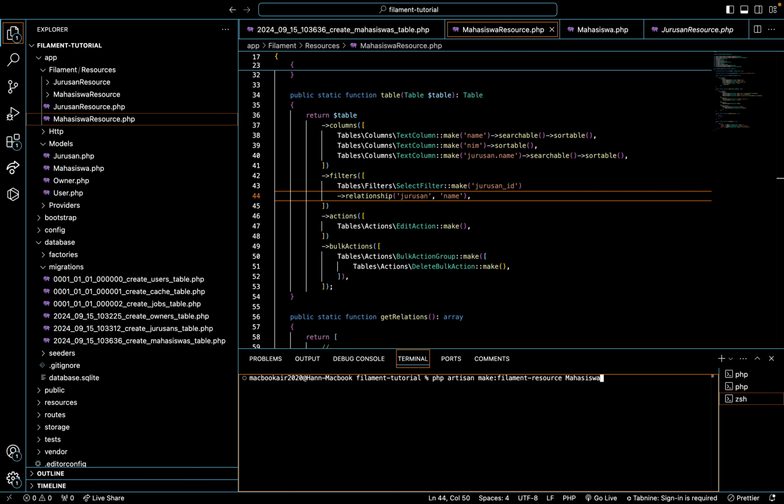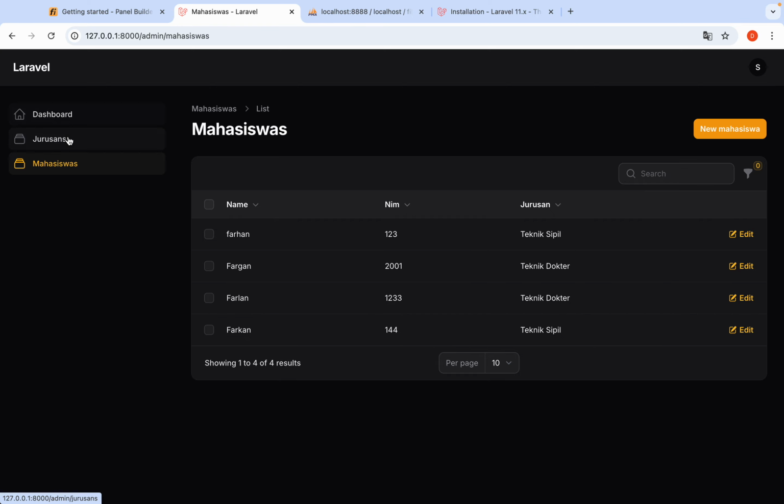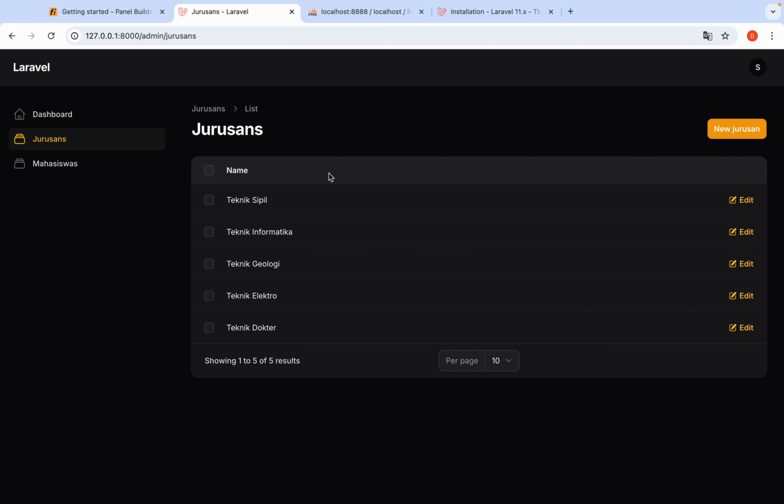This terminal, if I touch enter, will make the mahasiswa research like after that. Oh, maybe like this.